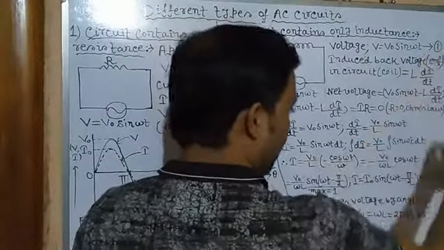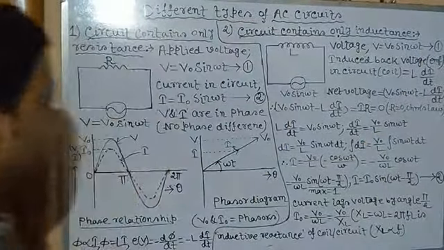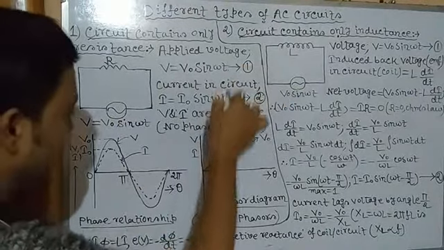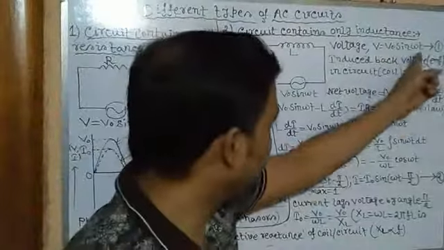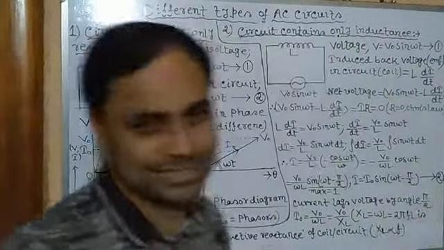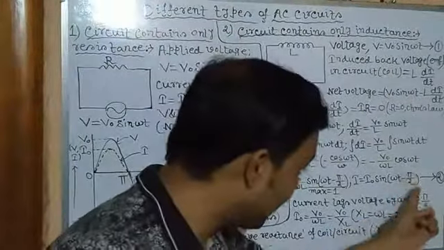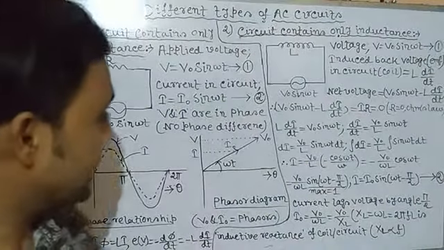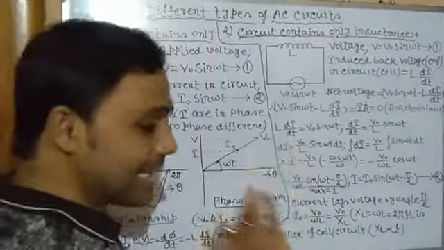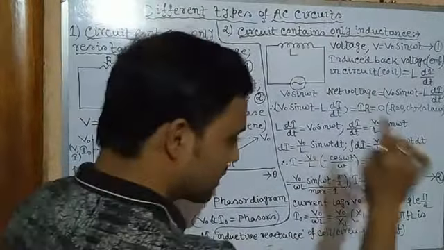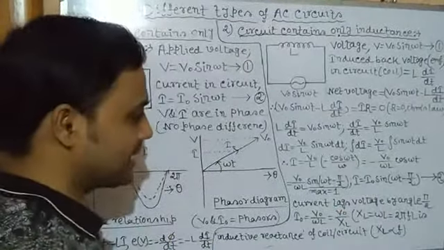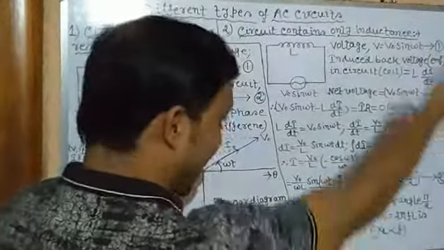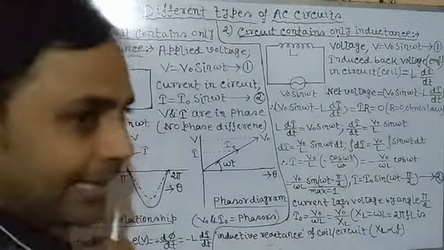Now look at equations 1 and 2 and compare. In the first case, sin omega t, there is no phase difference, but here you can see sin omega t minus pi by 2. It is minus pi by 2. Clear? It means who is lagging, who is leading? Since in the expression of the alternating current it is minus pi by 2, we can clearly say that the current is lagging the voltage. It means the current is behind.